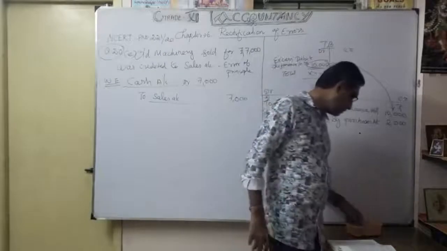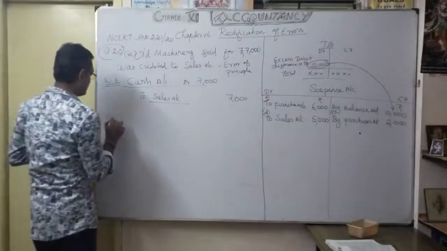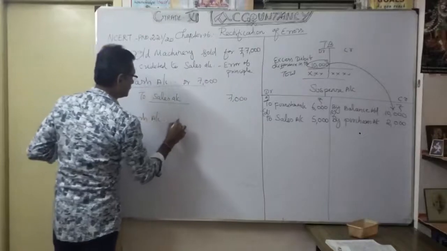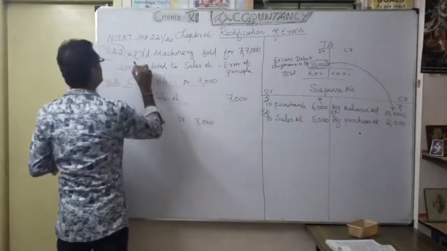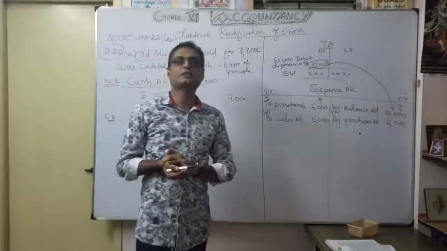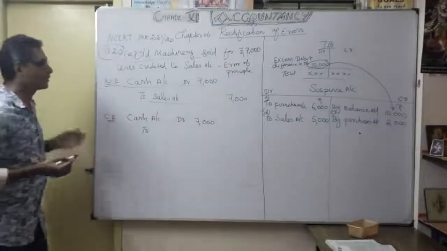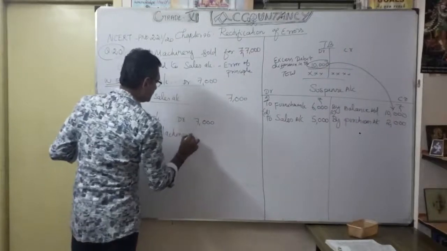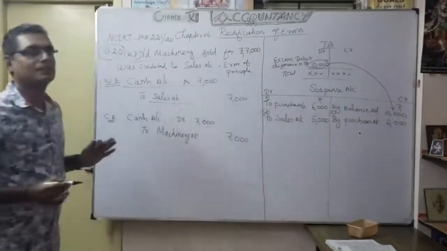That's what we are going to give as the correct entry. So what is the correct entry? You know very well. As a correct entry, anyway you got money, cash account, how much? 7,000. But what should be credited? Credit should be machinery, so it goes out, coming under real account. Debit what comes in, credit what goes out. So here the credit side is the machinery account, how much? 7,000. You understood? That's the correct entry we are supposed to pass.